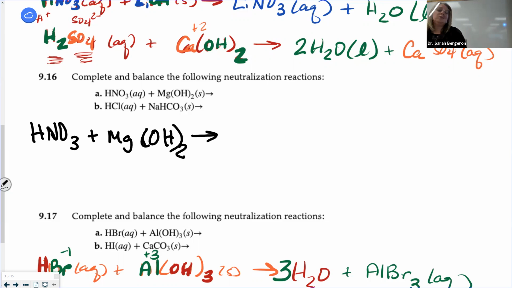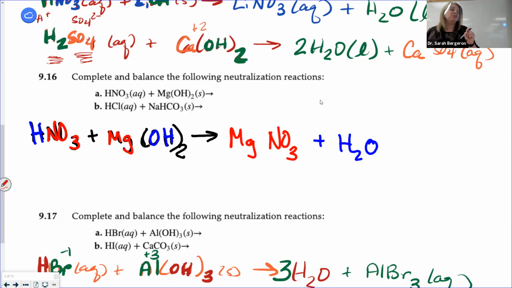Okay, so what's going to happen? Do you see something that could make water? Do it just like I did before, where I say, here's a hydrogen for water. Now, what else does water need? A hydroxide, right? So let's pull that out and say, I know we're going to make water. What's left? So the Mg is left. So we're going to put Mg, and what else? NO3.